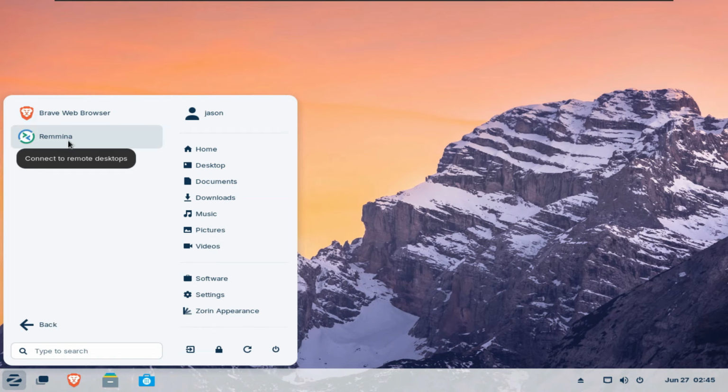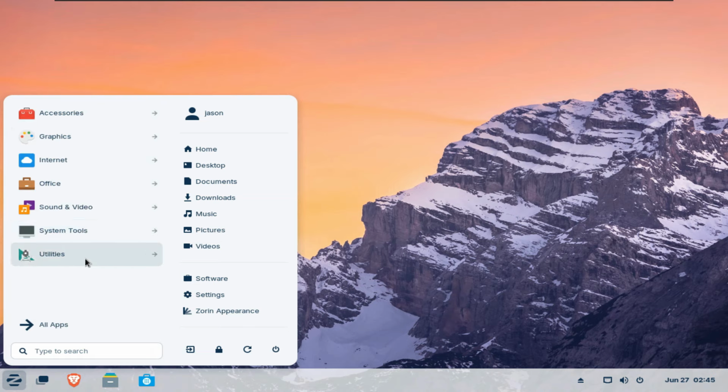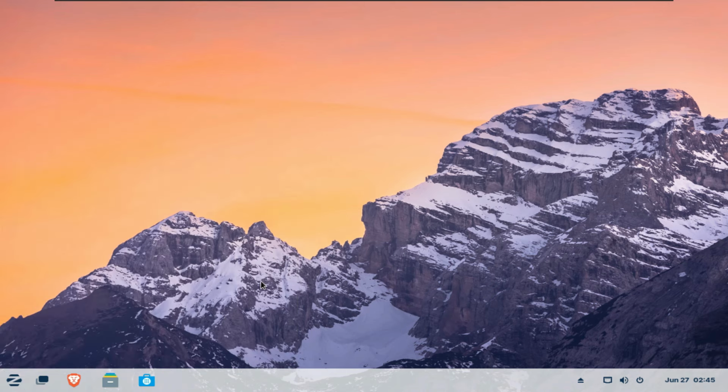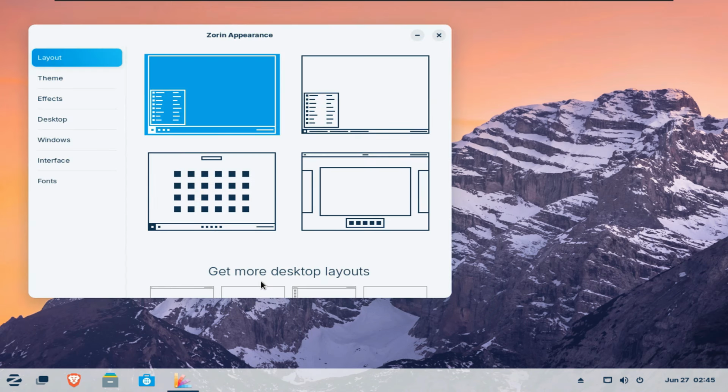I'm curious why they did this. Usually it's Firefox or sometimes it's even Chrome, but Brave web browser is something I never actually dealt with. Software-wise, it's all the regular applications you might see in any Linux distribution. But the thing I want to see is the appearance and how much I can customize that thing, because it seems that it's so customizable, kind of.